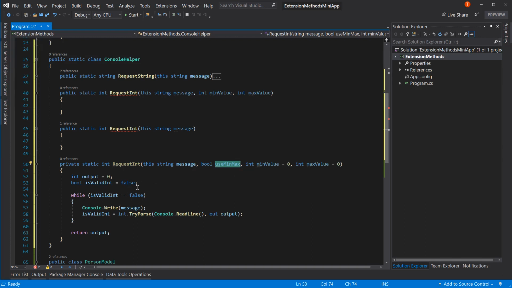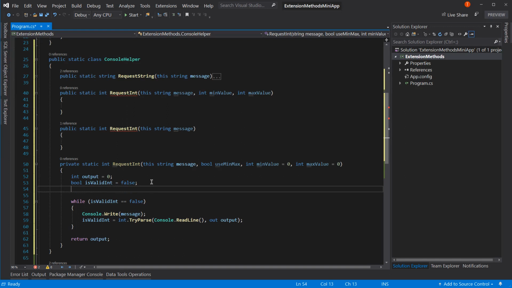So now we need to rework this logic in here so that if we're using the min-max value, we're checking to make sure the value is in the range. Now let's create a variable